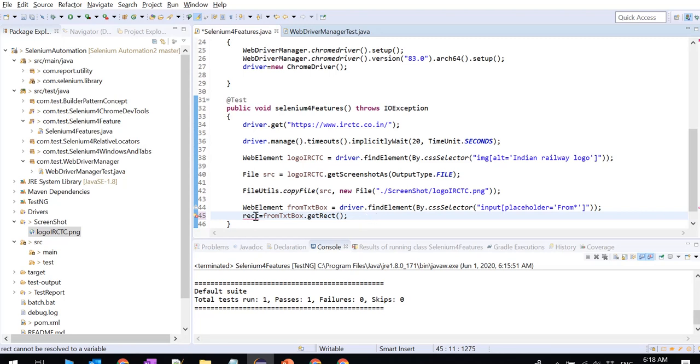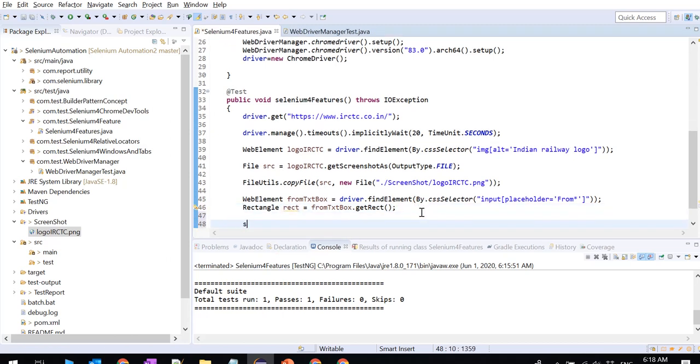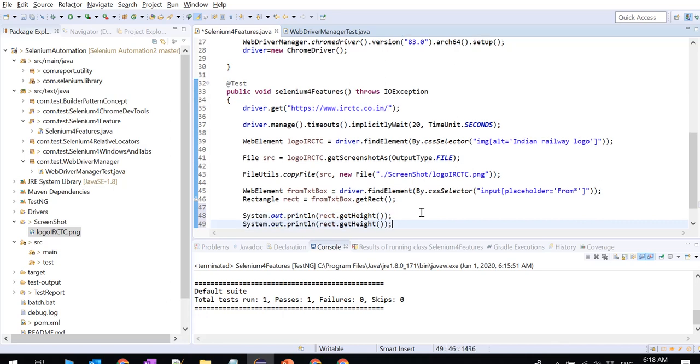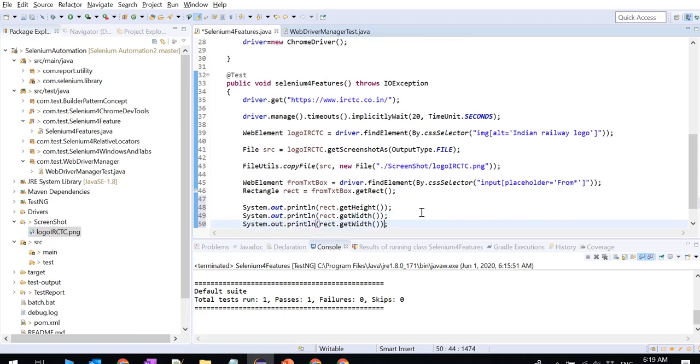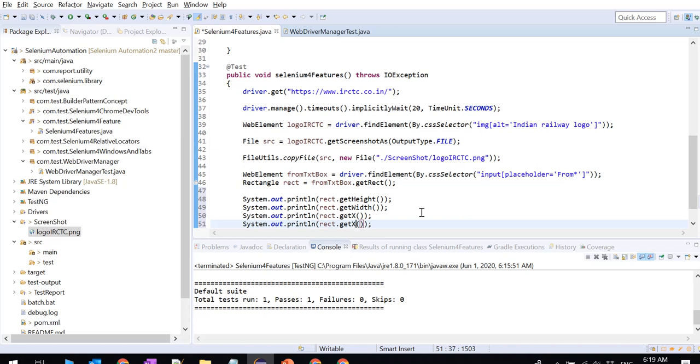My system is hanging. Okay, now it's fine. So here I'll say System.out, and this getHeight, getWidth, getX, getY.